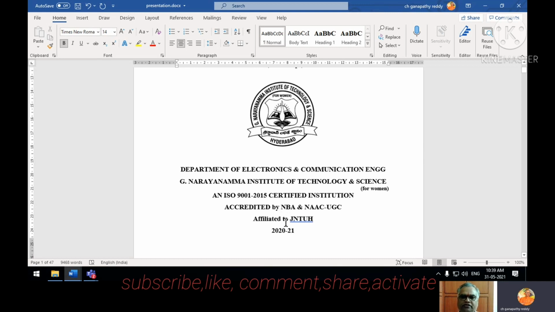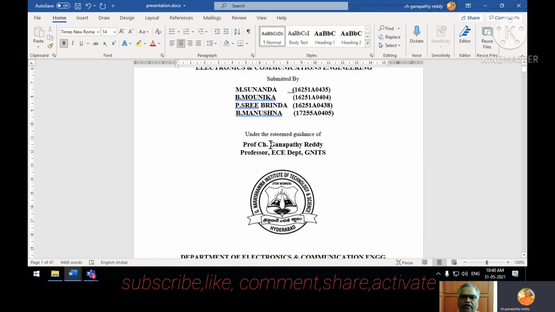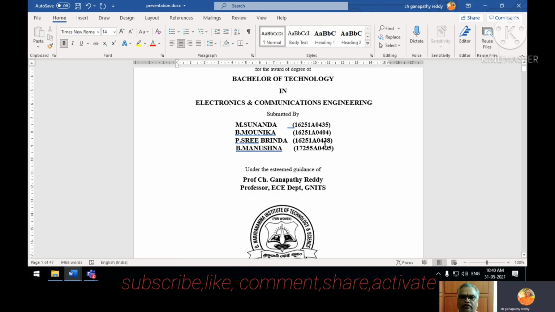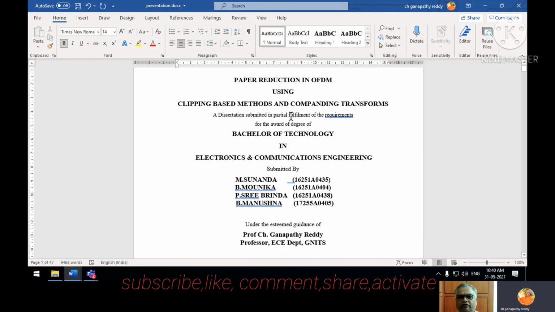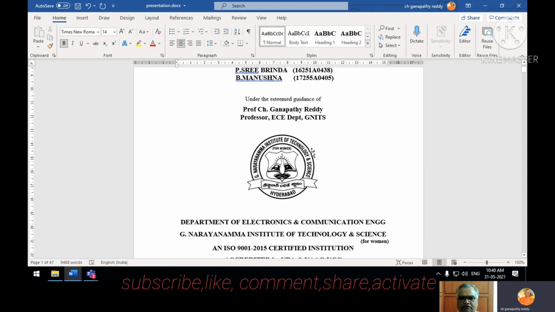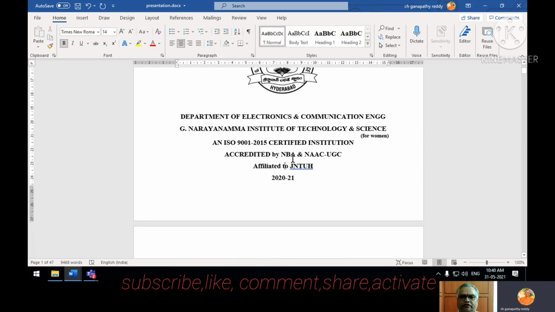So everywhere line spacing of 1.5. And here, this "for women", there is no line space. Here line spacing is removed, and my name, my designation, that line spacing is removed. All your names, line spacing is removed, and at all other places compulsory 1.5 line space is kept. So this is what is important.